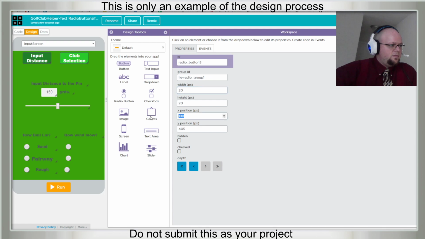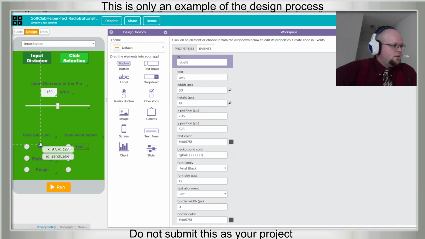We want 185. And what should we call these? Headwind, tailwind, and none, no wind. So let's call this. We want these to line up also. So are these all 107 by 25? And height, Y position 325.